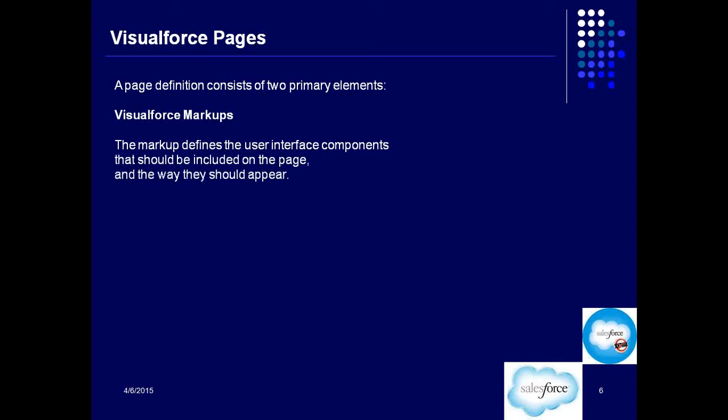Okay. So while you create a Visualforce page, it will primarily have two types of elements, right? One is the markup. Markup is basically what appears on the page and how it appears on the page, which can include everything like text, image, button, hyperlink, some background color, a tab, anything, right? And how that appears. Does your text appear in red or green or blue? That is all markup, right? The look and feel of your page.